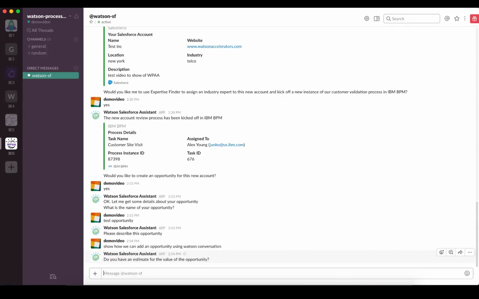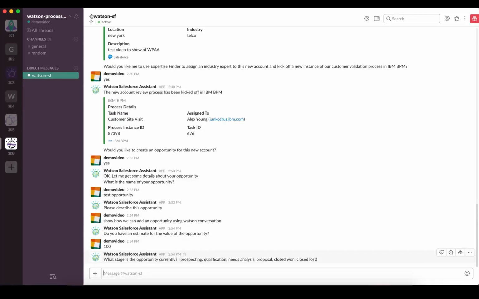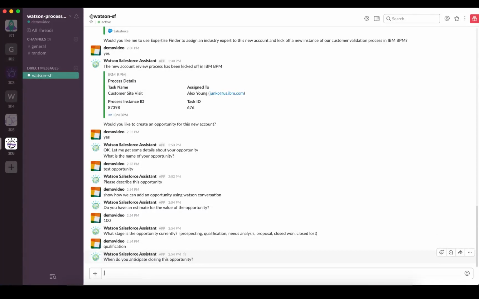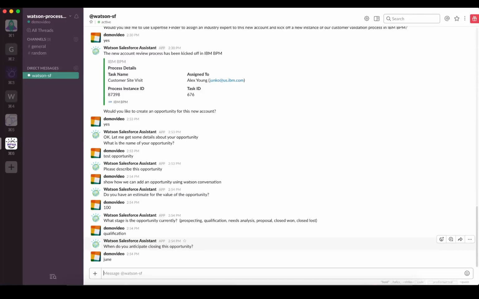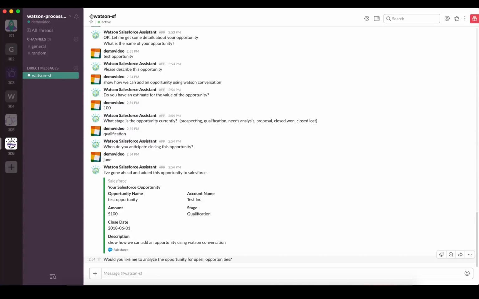And an estimate of the value for the opportunity, let's say I say $100. And let's say the stage of the opportunity is qualification. Let's say I anticipate the opportunity will close in June. And now you can see here again that Watson has gone ahead and added this opportunity within the account that